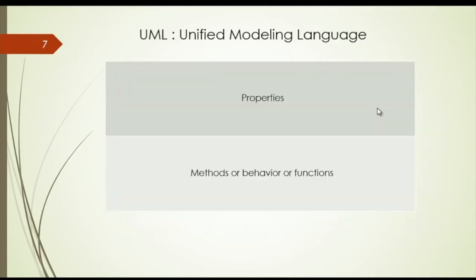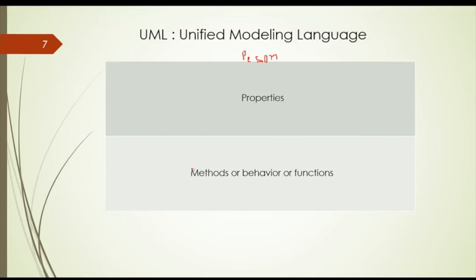So let's see UML. We have talked about UML, you should have known this, but it's really very simple. I don't really think that you should have to Google. Just make a box and write the name of the class on top of the UML. Let's say it's a person class, then you should write person on top of the box. And then in the first half you should write the properties, or the data, or the attributes of the person, and in the second half you're going to write the methods, behavior, or functions of the person class.